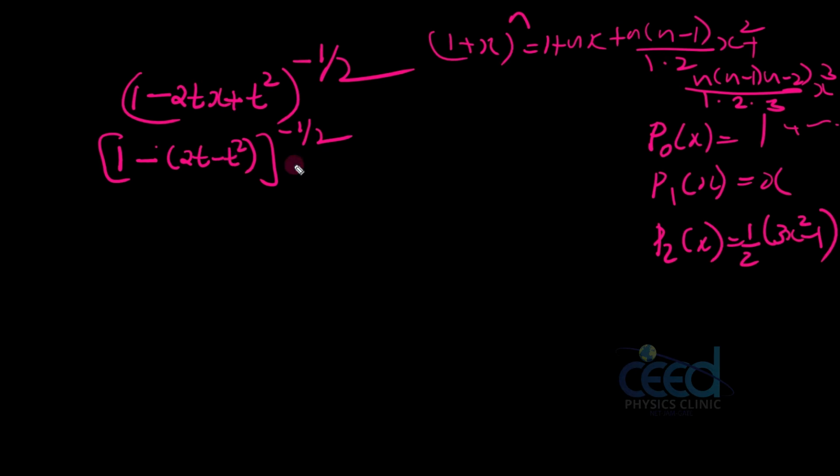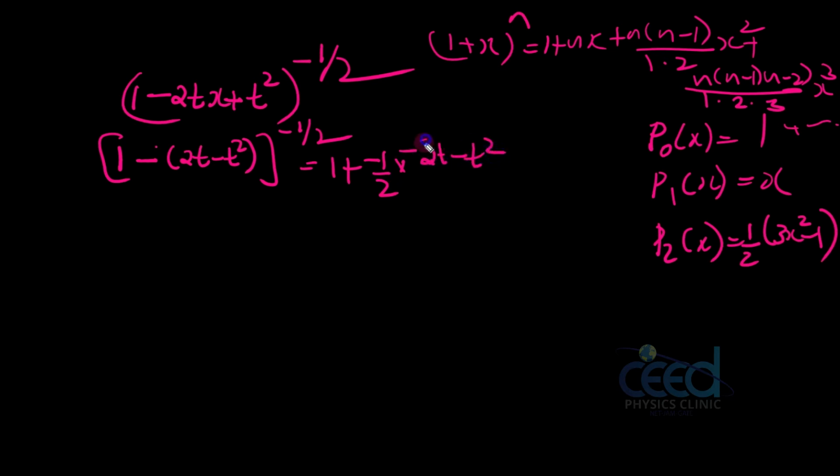Then what will be the result? I can write this as 1 plus, with n equal to minus 1 by 2, minus 1 by 2 into nx, where x is minus 2t